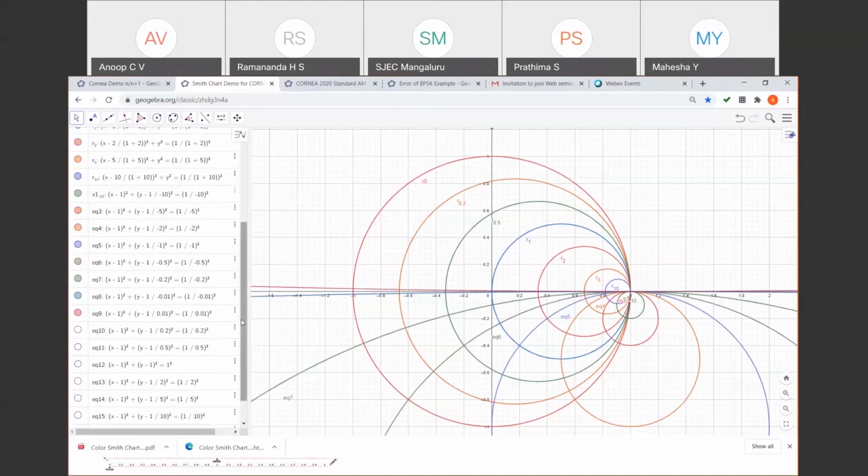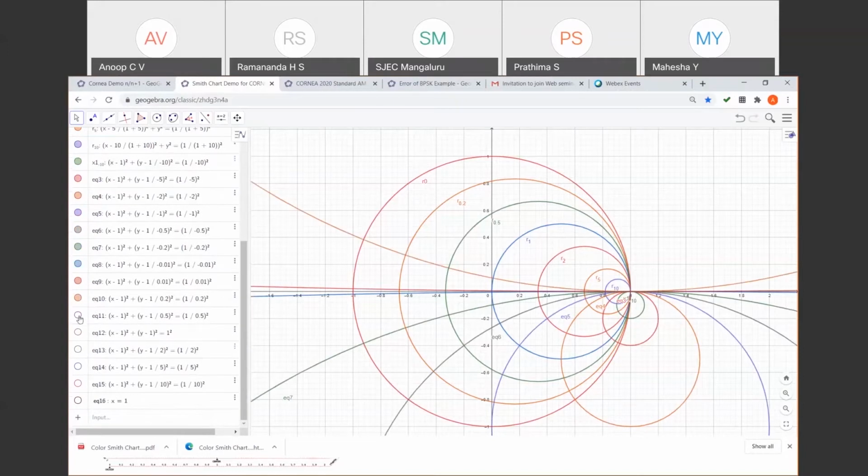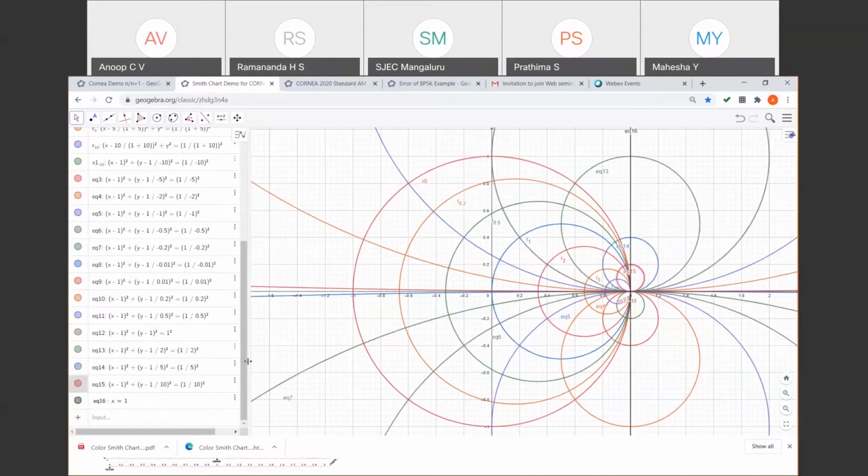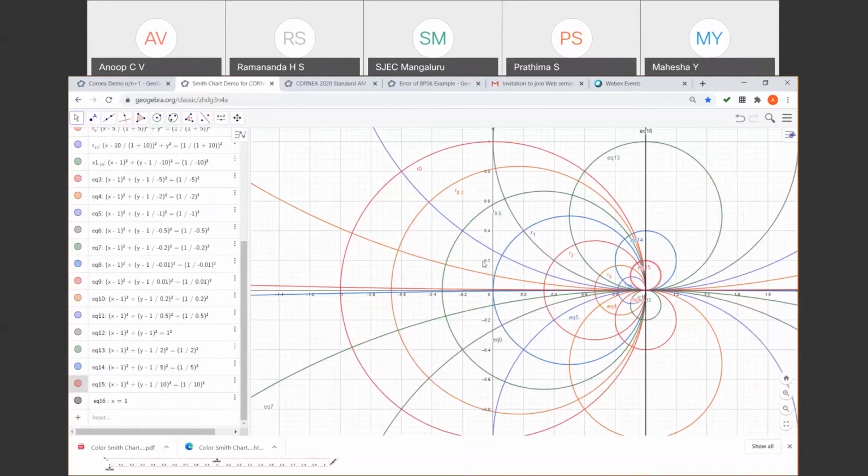Otherwise, it was difficult until Mahesh sir introduced me to this GeoGebra. We were using a Blackboard, so it was difficult. Blackboard and PPT, it was difficult. But with this, it became quite easy. That drawing part can be removed, and the construction of the Smith chart could actually be explained in a better way. I hope you'll be able to appreciate it.